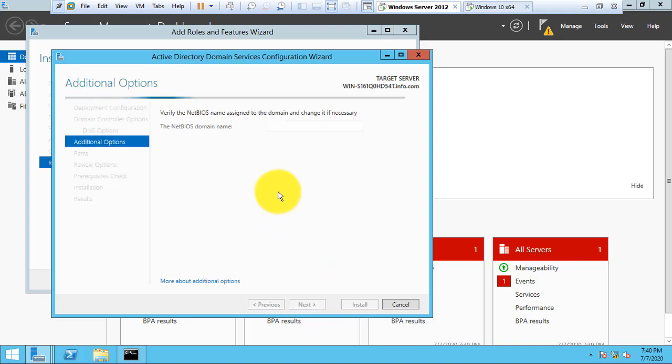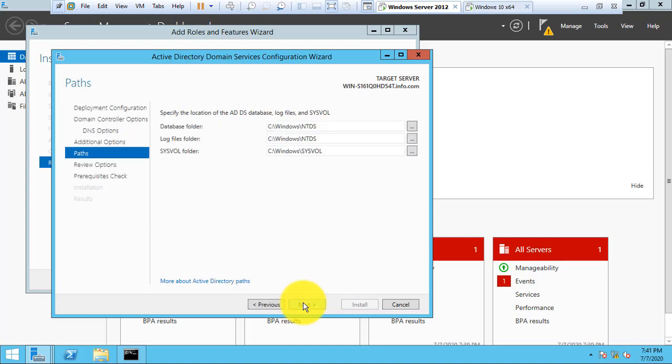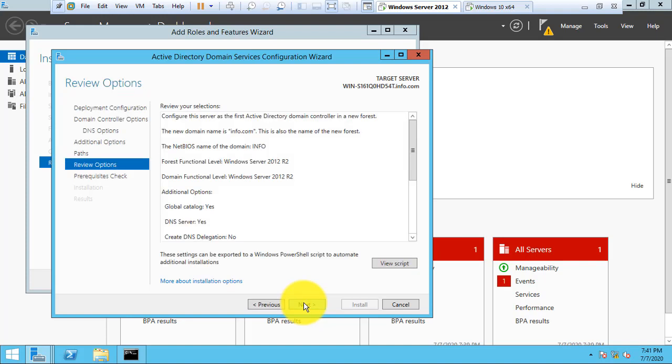Click next. This is the default location for the NTDS database. And next.